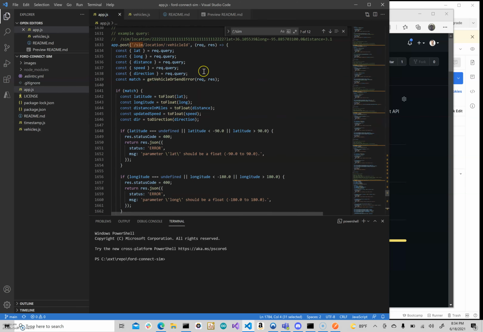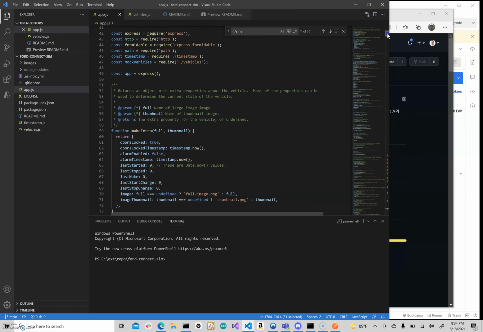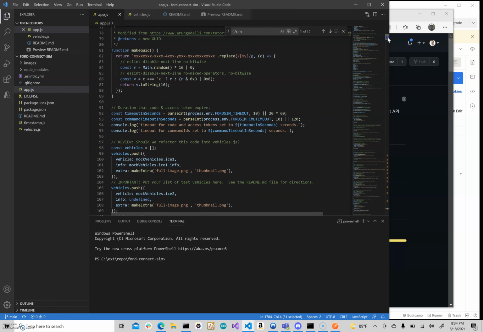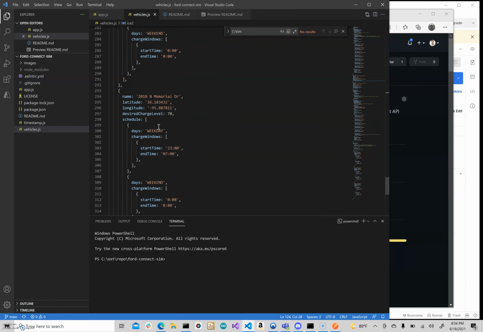In app.js, let me switch up to the top here. Around line 100, this might move back and forth a little depending on how it's factored, here's where we make those vehicles. There's a vehicle list, and we're pushing in the ICE vehicle, the second vehicle, and the final EV vehicle. The EV vehicle has this extra EV1 data as well, which I just glossed over,